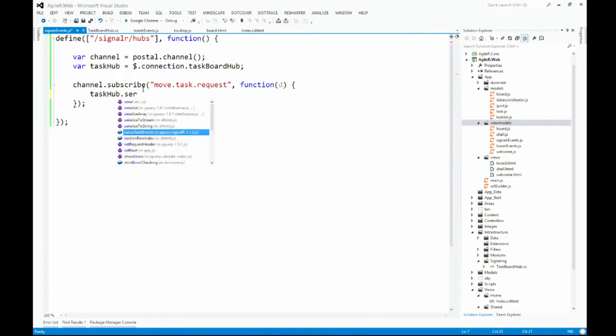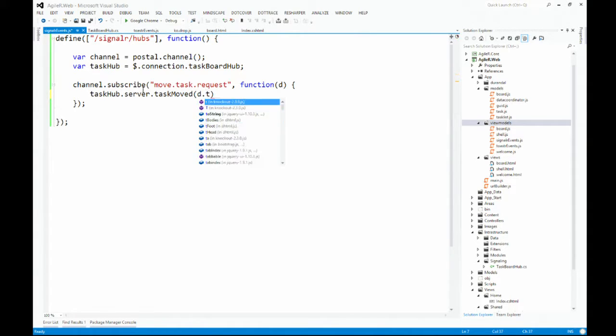Okay, so taskHub.server, so I'm hitting that server method. And taskMoved, passing in the parameters that I've raised. So like I said before, one is the task ID, and the other one is the to column ID. So move this task to that column.